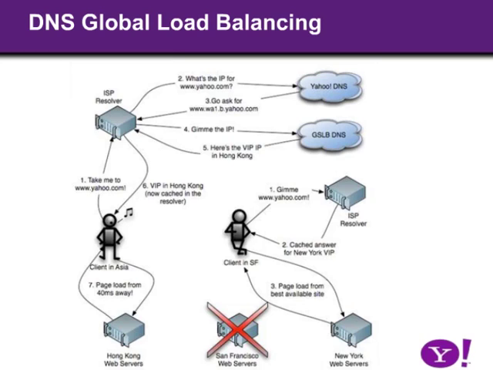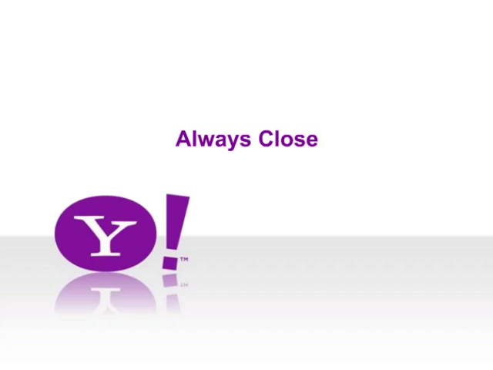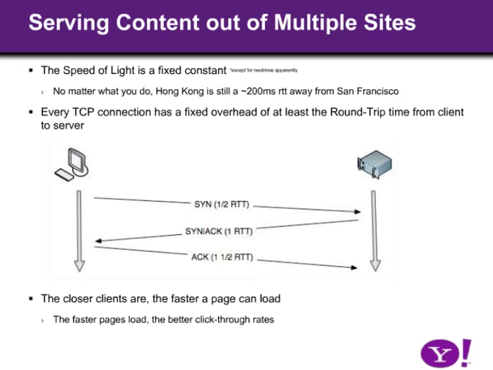The biggest piece for this, from a performance standpoint, is getting users to the closest possible place. The speed of light is a fixed constant, except for apparently neutrinos. They're apparently a tiny, tiny bit faster than light. So for your web page loads, no matter what you do, Hong Kong's still going to be 200 milliseconds away from San Francisco. The east coast of the U.S. is going to be 80 milliseconds away from the west coast,